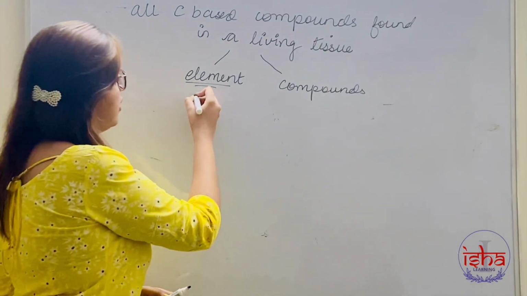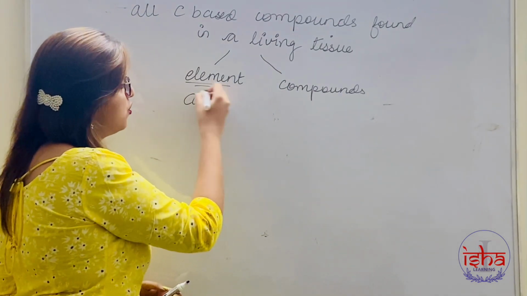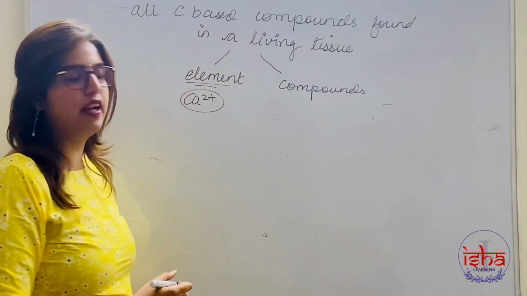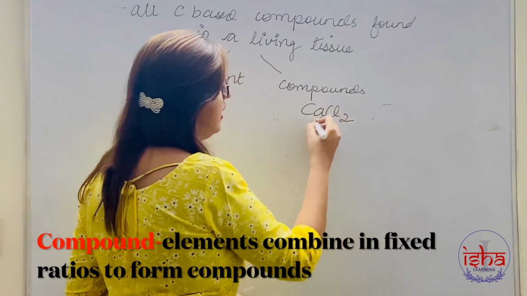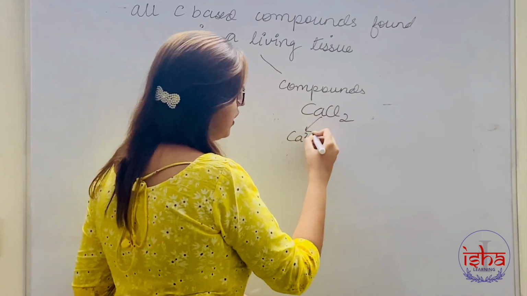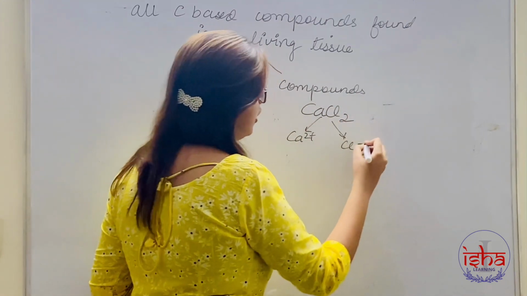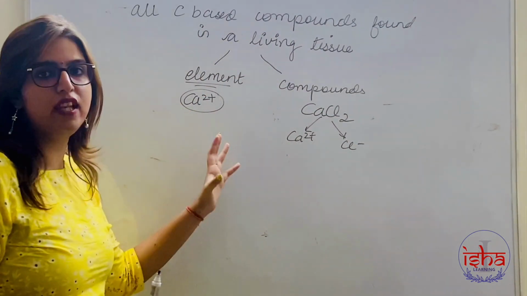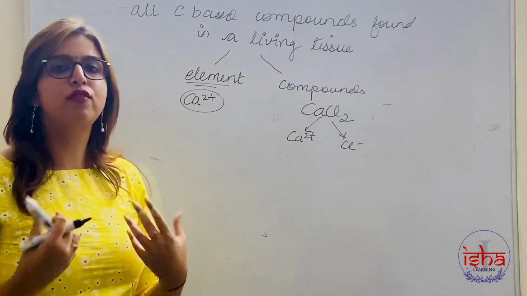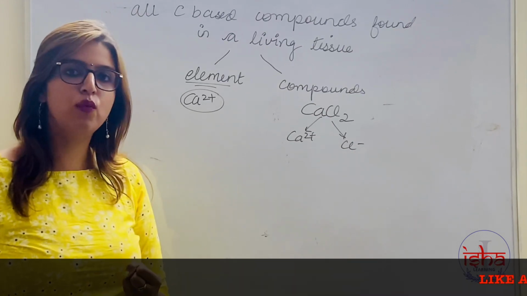Like if I have a calcium ion, I would not be able to break it down any further, right? But now if I make a compound, calcium chloride, I can break this down into calcium ions and chlorine ions, right? So this is a compound, this is an element, they come together, form other compounds, and then what is made